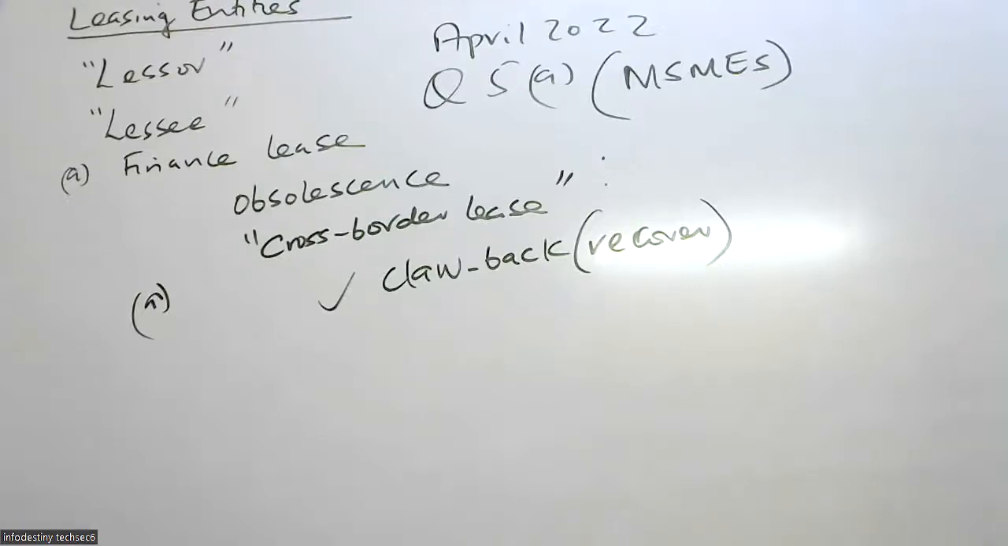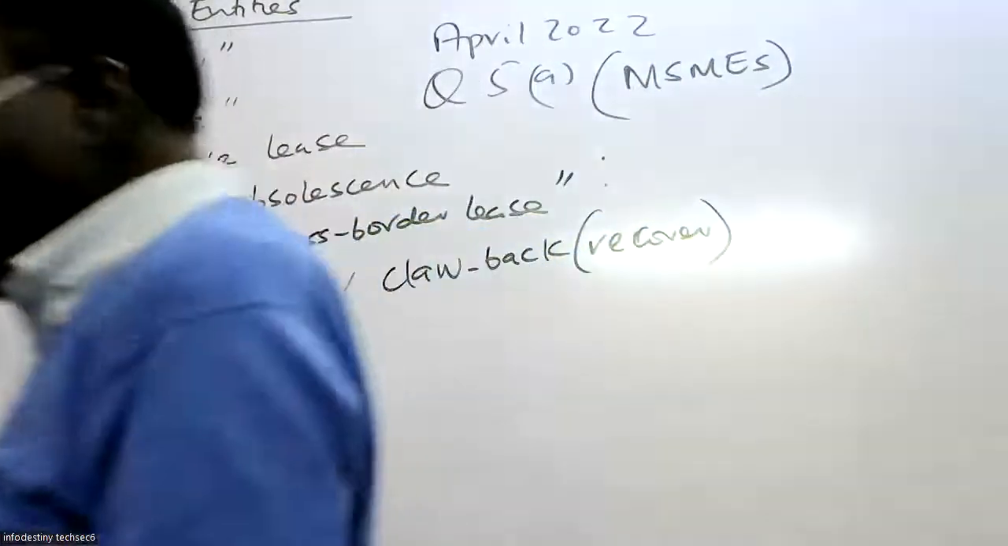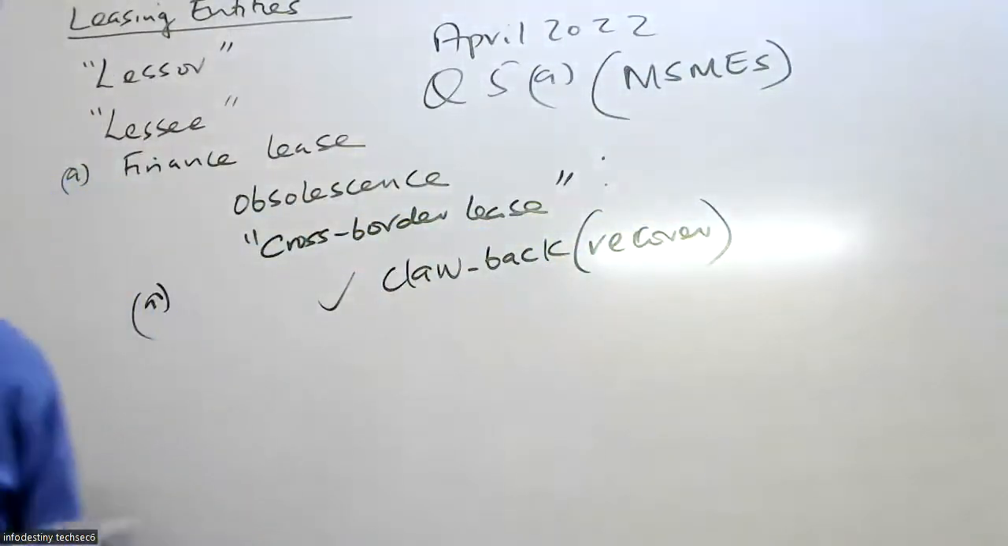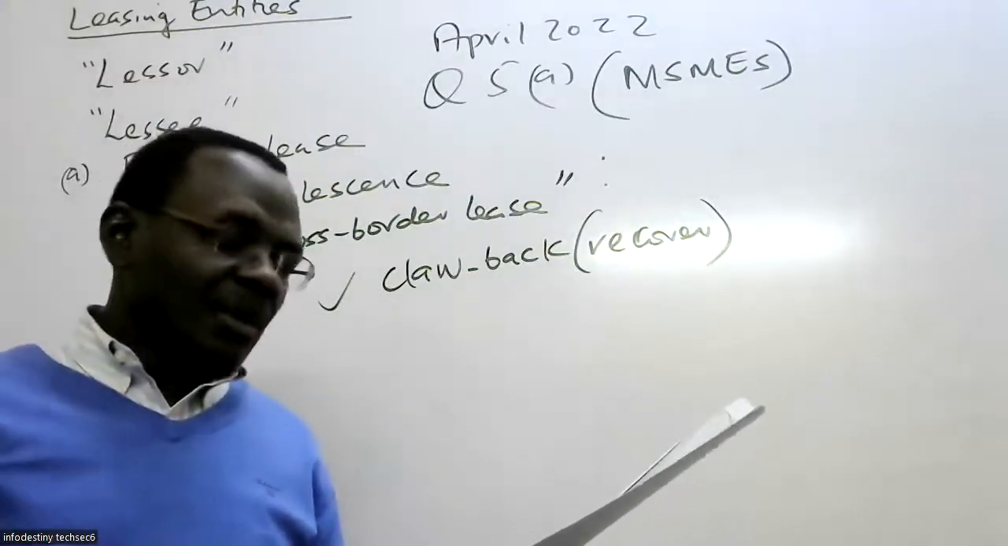So that was A. Then B, discuss how the revenue authority of your country might deal with the taxpayers' apathy in filing of returns. So just say B, dealing with taxpayers' apathy. The first bullet,